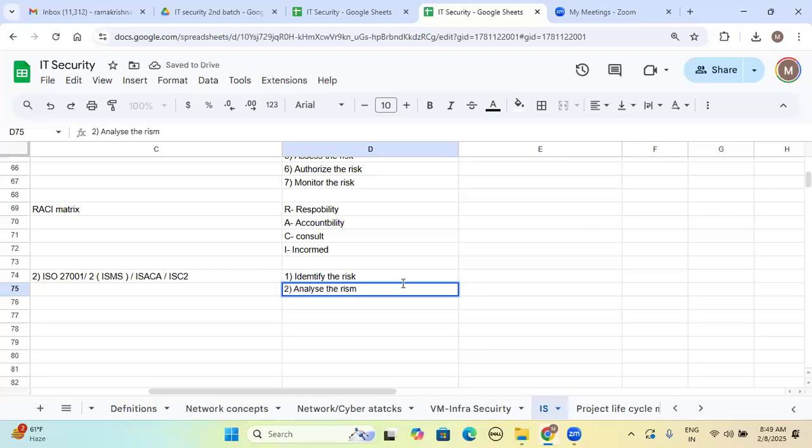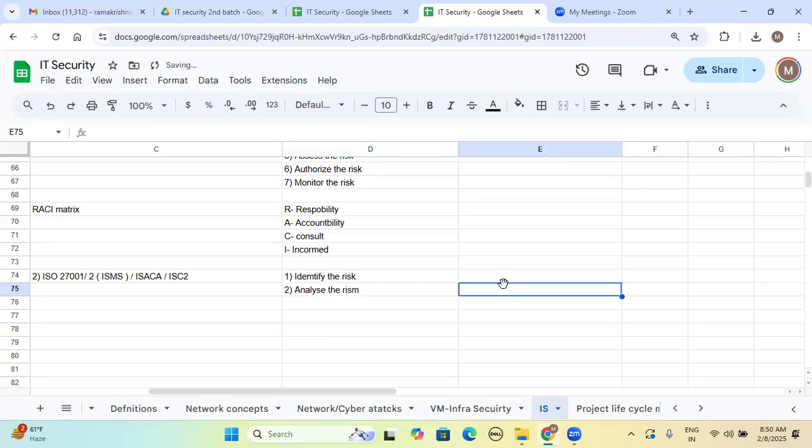So this is a very important portion. First, we have to identify the risk, and after that, we have to analyze the risk. Under this analyzing of the risk, or risk assessment side, there are three different types of approaches we will follow. First one is, I'm keeping it in ABC sequence,